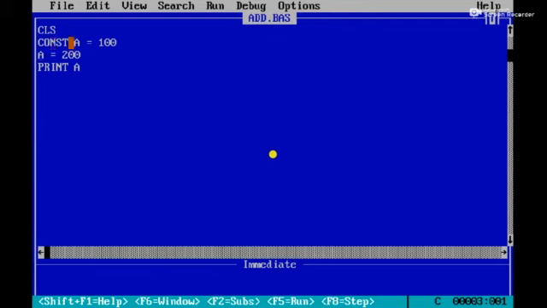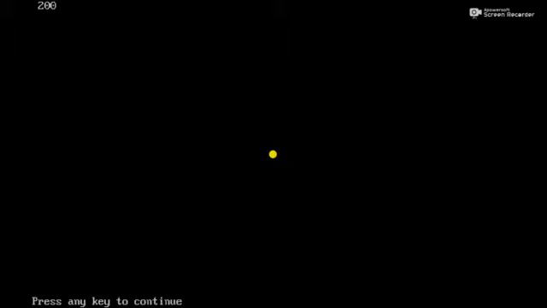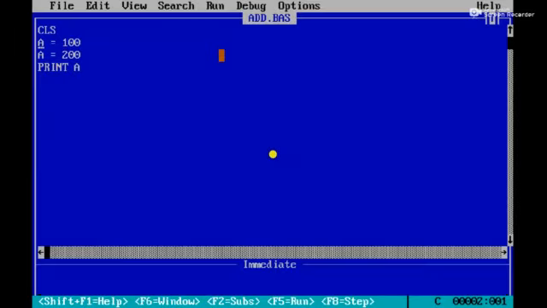Okay. The next, suppose if I am not using that const, what will happen? First time I assign the value 100 to the variable A. Again I changed the value 200 to the variable A. Which value will be displayed on the output screen? Let me check. See here, 200. Okay. It won't take the old value. It takes the new value. Is it clear, student? Okay.